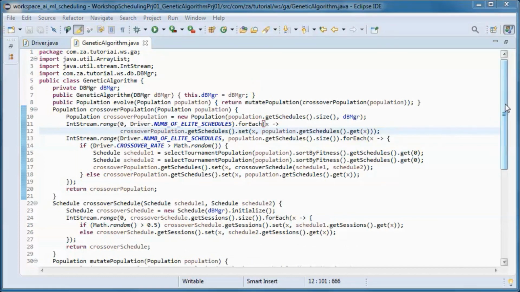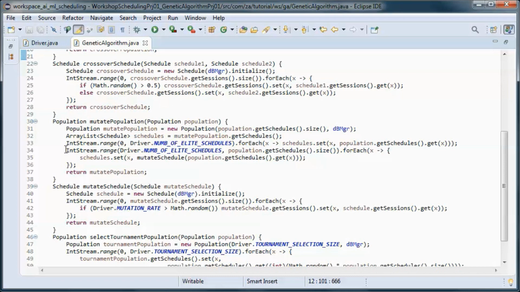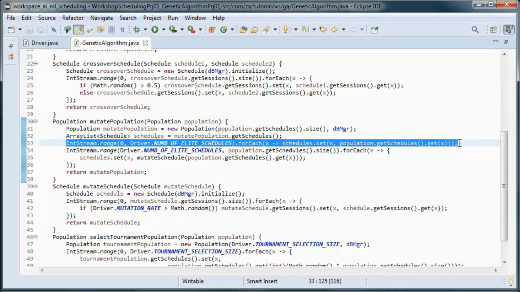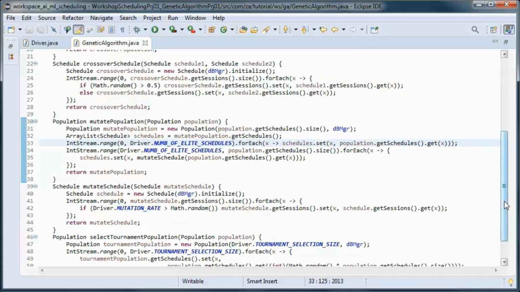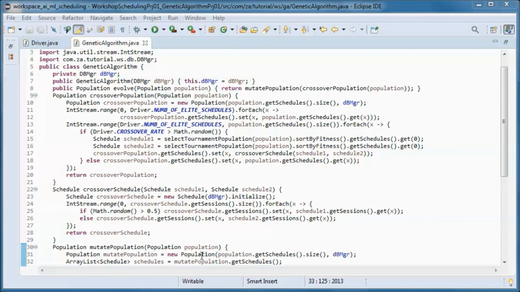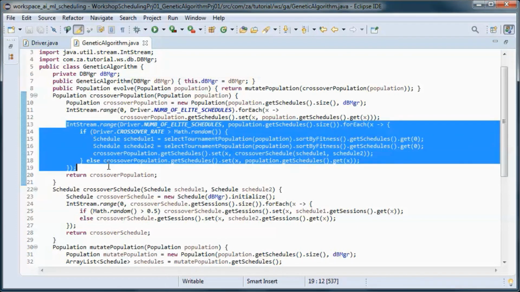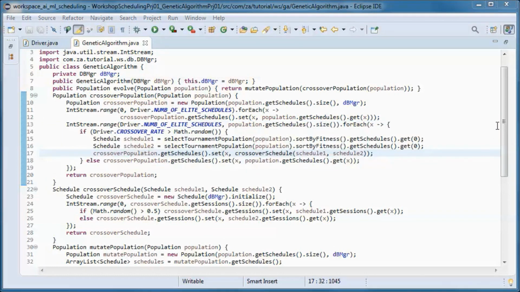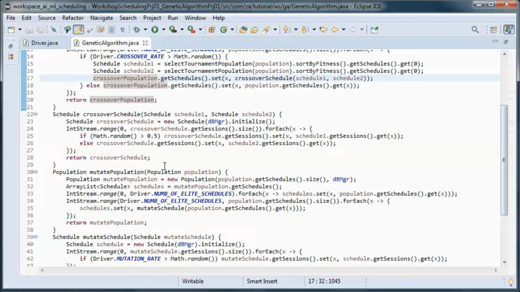So we do the same thing in mutation also. We move the elite schedule as is from one generation to the next. And this will be the one with the highest fitness. And then we do a crossover on the remaining schedules in the population. And same thing for mutation.